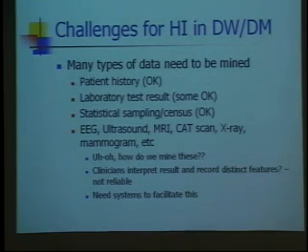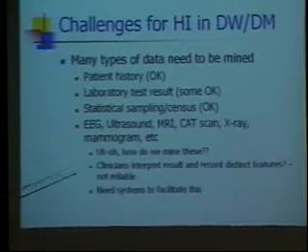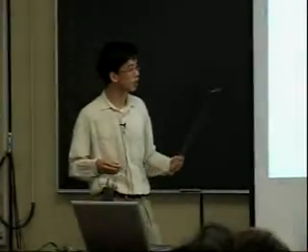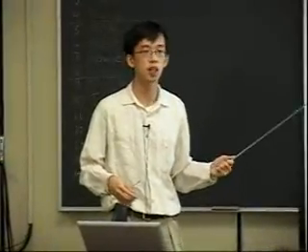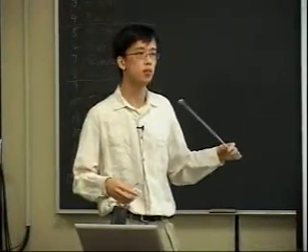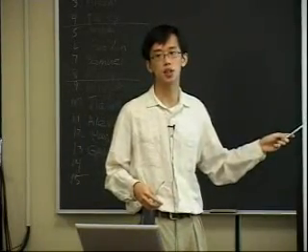Another area where not much work has been done in data mining is taking care of all the types of data in health informatics. The first few are okay, the patient history, laboratory test results and such. But for some laboratory test results like CAT scans and X-rays, it's very difficult to mine these data in raw form. You need some pre-processing. And of course, you can't do these by hand because there are just too many, and it's not accurate. So intelligent systems must be developed, and actually some have been developed. But the reason that this still is a challenge is that